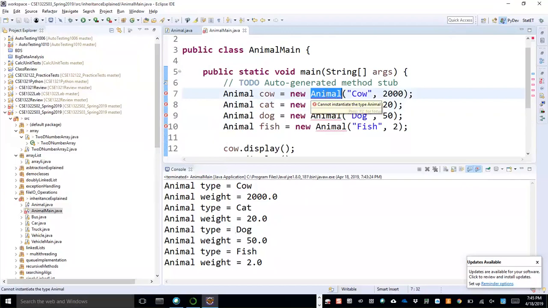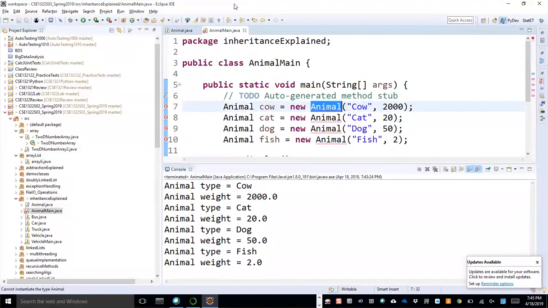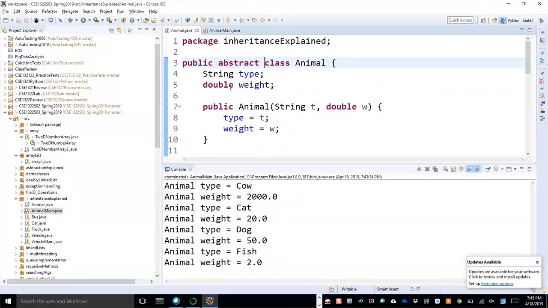This type is fine, but I cannot use this constructor. Although an abstract animal class can contain a constructor, I cannot use that constructor. We will discuss that in our next class: constructor, abstract class, and interface.